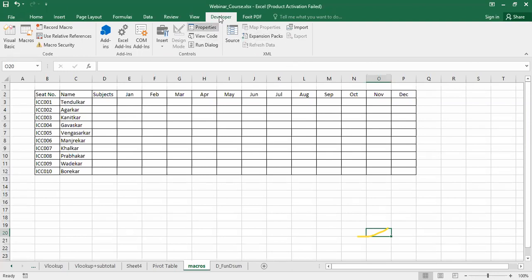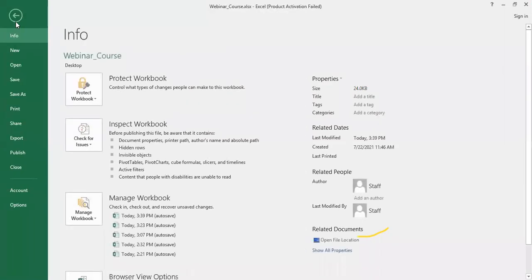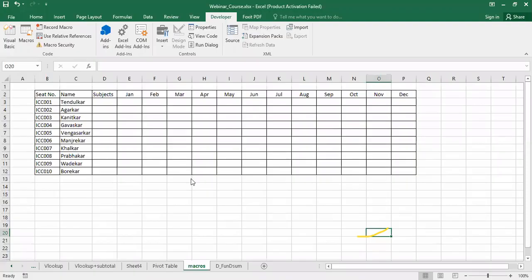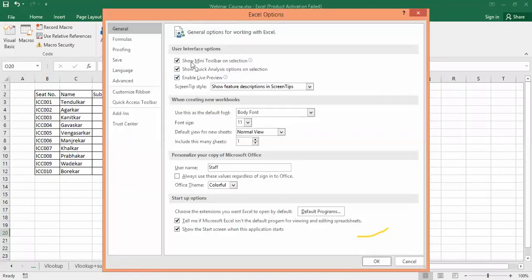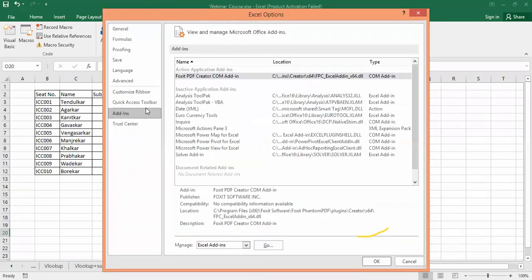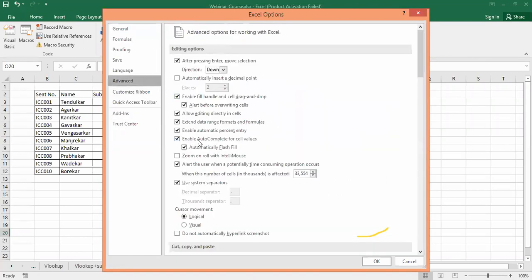So if you want to find this developer tab, simply go to file, then options, right? Options is available over here. Click on this options, and then you can see here if that particular option is available or not, or you can go to the add-ins. Okay, so here in add-ins we can find out the developer tab. If it is not available here, you can go to advanced.